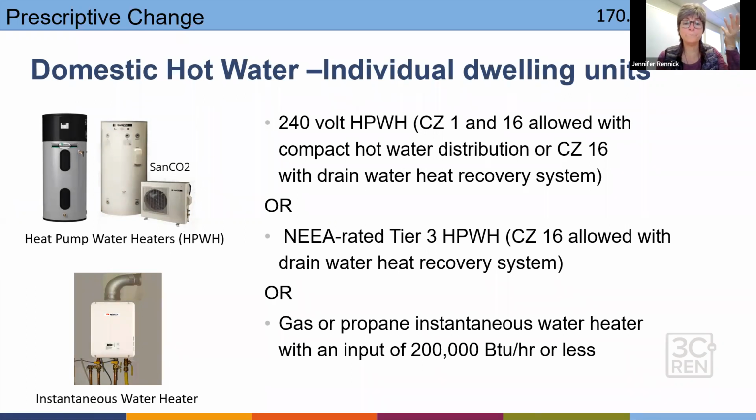Now, I went ahead and spelled out a little bit more on the domestic hot water, because this a lot of times impacts the architect's design. They need to make space and understand if they're going to have hot water heating systems serving individual units or a big central system. And if they're going to serve individual dwelling units, you can still install individual gas or propane instantaneous water heaters. That is allowable, except remember, depending on your climate zone,